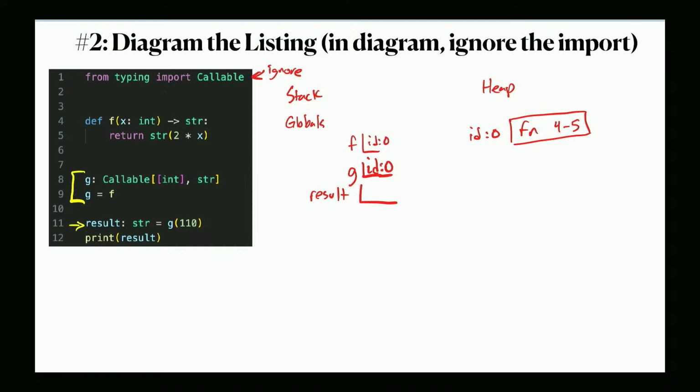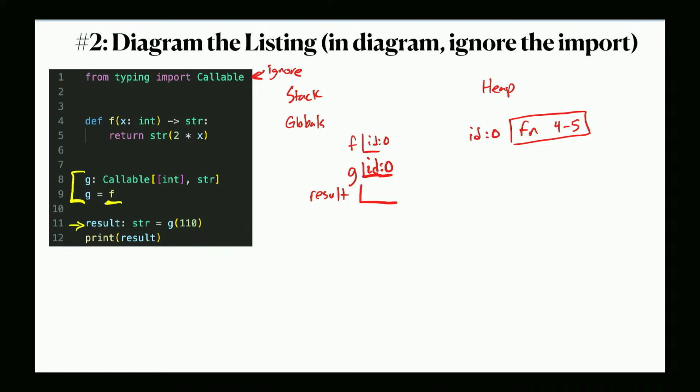The name f in our globals frame is of type callable, single parameter int, return type string, right? And that's what allows us to assign it to g, which is also declared as the same type. So this is the first time we're seeing a variable name being used as a value, right? So f is being used as an expression. And remember, just like any other expression where we're looking up a variable's value, such as if we had x assigned to an integer and then we later said y is assigned x, the first thing we would do is